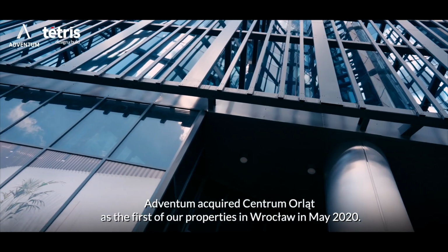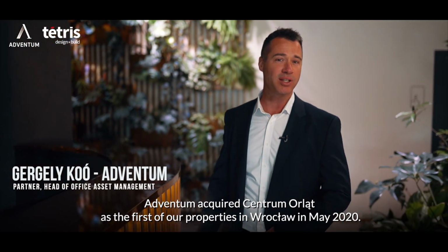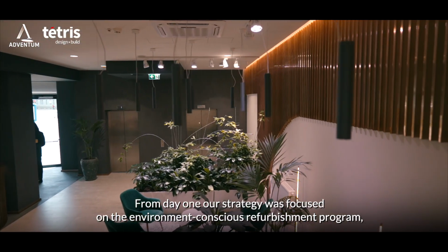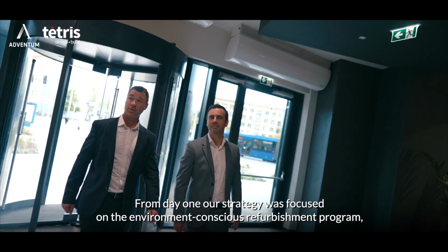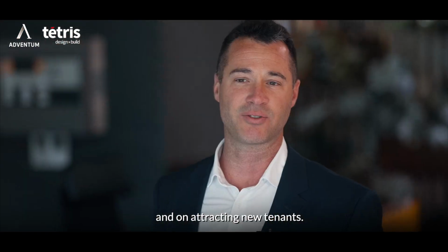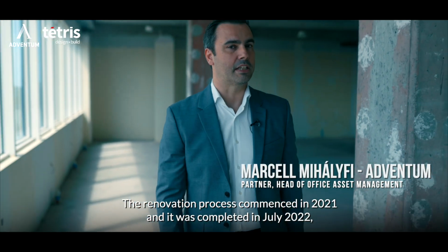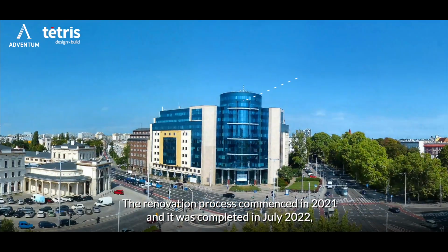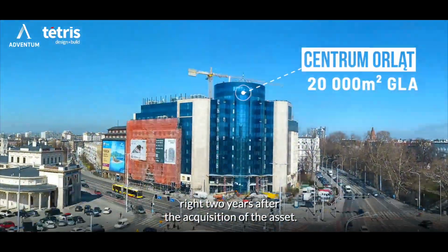Adventum acquired Centrum Orląt as the first of our properties in Wrocław in May 2020. Right from day one, our strategy was focused on an environment-conscious refurbishment program and on attracting new tenants. The renovation process commenced in 2021 and was completed in July 2022, right 2 years after the acquisition